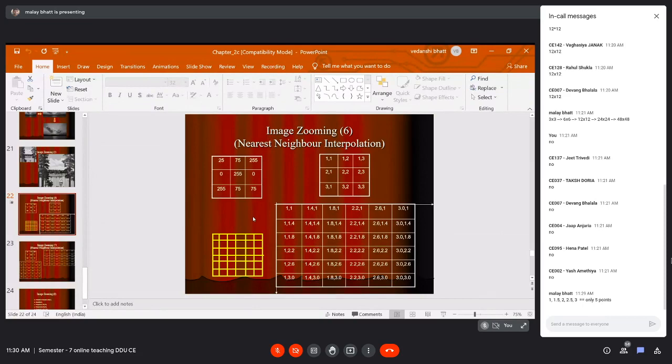So here you can see that I have plotted this grid in the form of your x and y coordinates. You can see that the x axis is given and the y axis is given. So it is from 1 to 3. It is in the fourth quadrant, you can see. So don't confuse, it is in the fourth quadrant of the plane, right? That's why it is like this. So when we have these 6 points, we have just done a linear spacing between these points to get the 6 points.